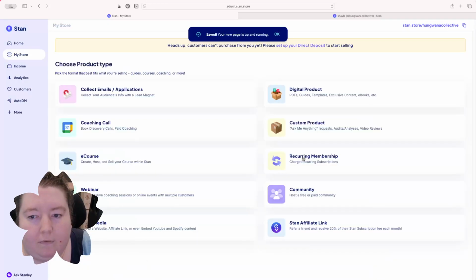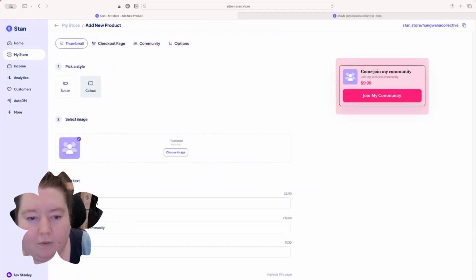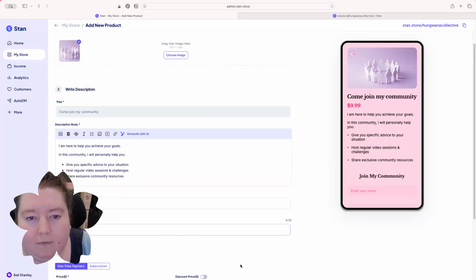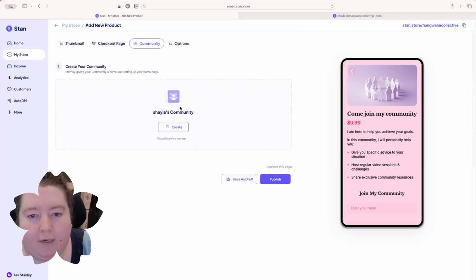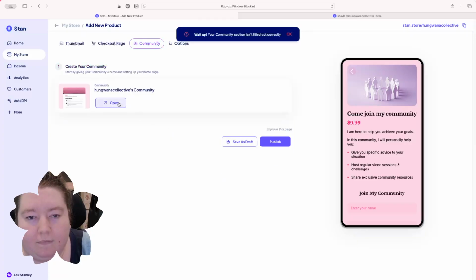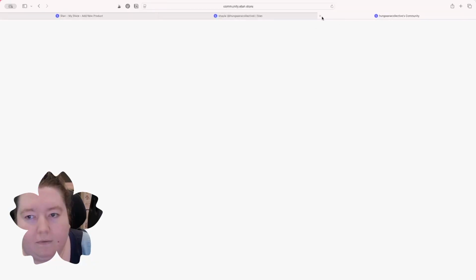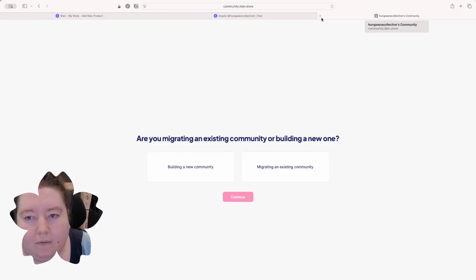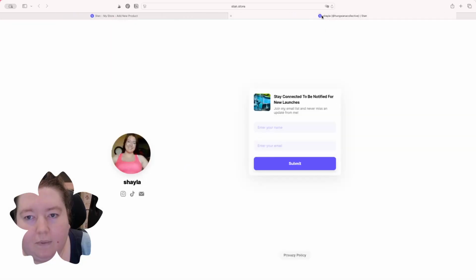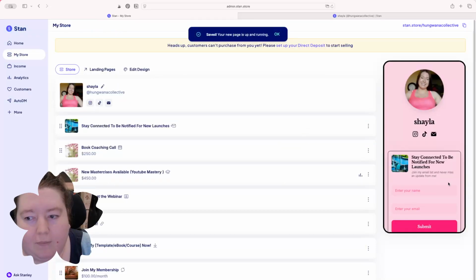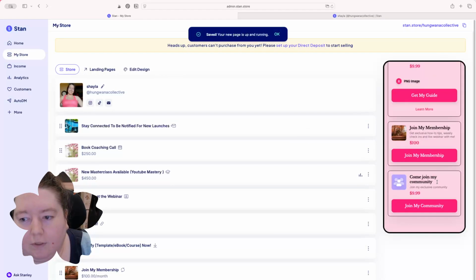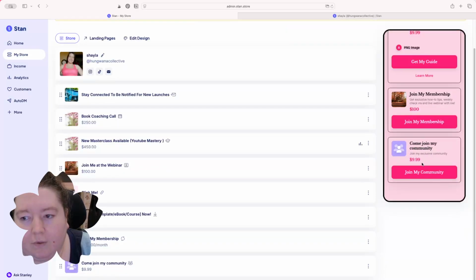And then we're going to go to community. So join the community, all that kind of stuff. Same as the price. So if you're just joining, for instance, a Facebook group, and you have to pay a monthly fee to get into the Facebook group, that's kind of like, so yeah. You basically have to have a community built before you can publish. Oh, it doesn't let you publish it. Okay, good. So you would just go to the Facebook group, or the Discord community, whatever it is